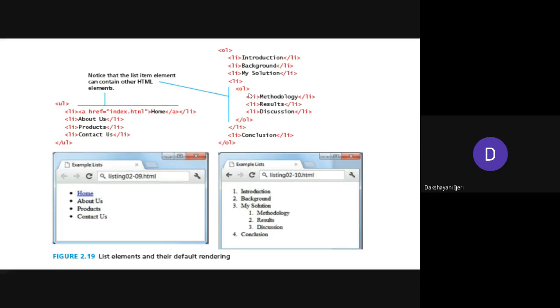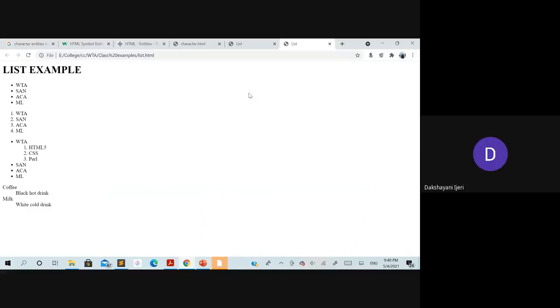Yes, ma'am. Okay. So what I want you people to do is, I just want at least till here. So probably I have not shown you how to create the definition list. So at least till here you can see the first four are the unordered list, followed by the next four which are the ordered list, and followed by, you can see here again we have started with the unordered list, in which the first item of the unordered list has the nested level of the ordered list, right? So till here I just want you to try out.